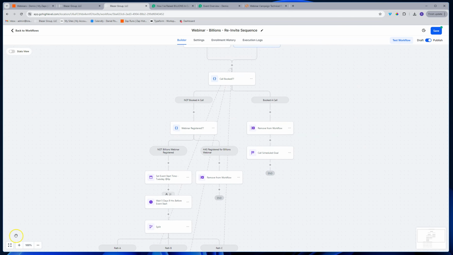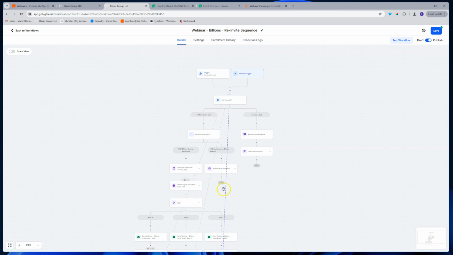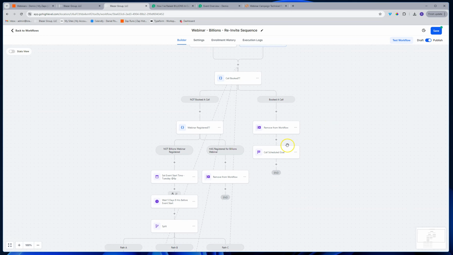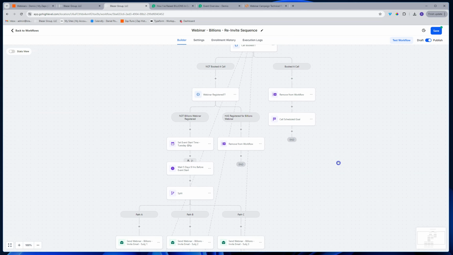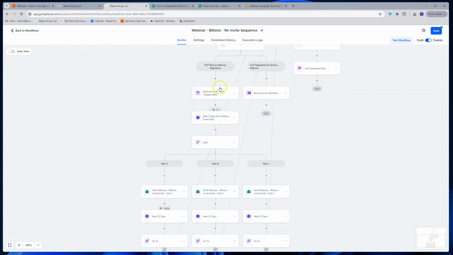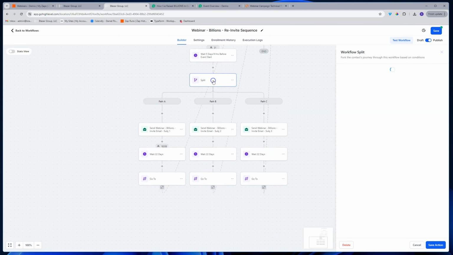So really, when we boil it down, what we're doing here is we are using a filter that says, hey, have they already done something that we're trying to get them to do in the webinar? If so, don't worry about it. Let's just remove them from this thing. And have they already registered for this webinar? If so, just remove them. There are other webinars for nurturing, like I mentioned before, but if they haven't, then let's invite them. But more importantly, let's split test. Let's split the traffic into 3 different sections so they're not all getting the same